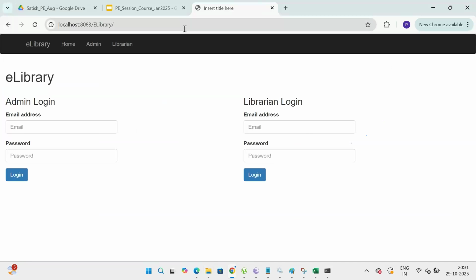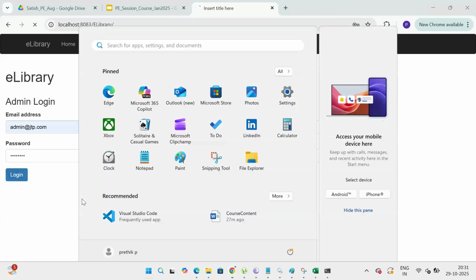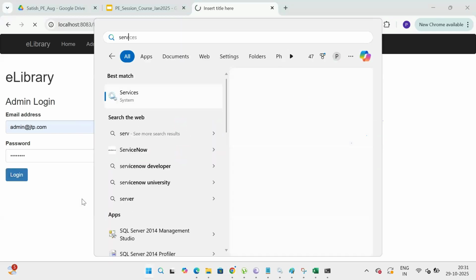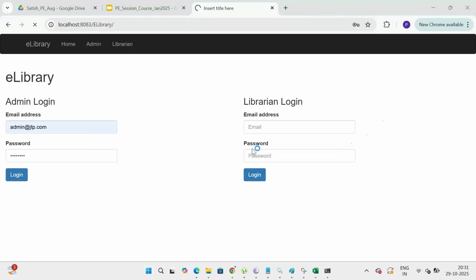This eLibrary has an admin login and a librarian login. It's a typical library administration application. I'll log in. This also gets connected with the MySQL.